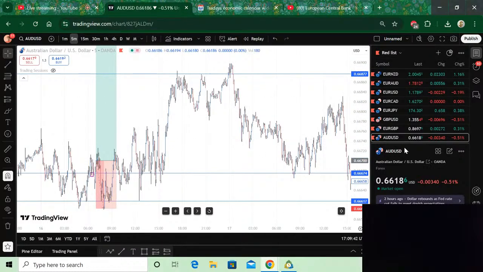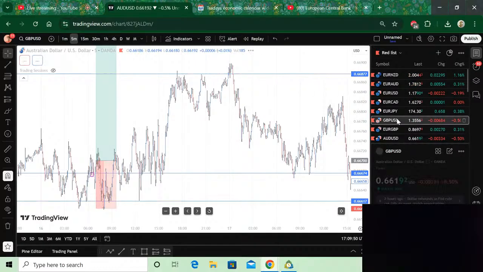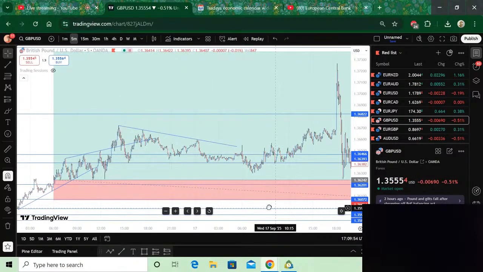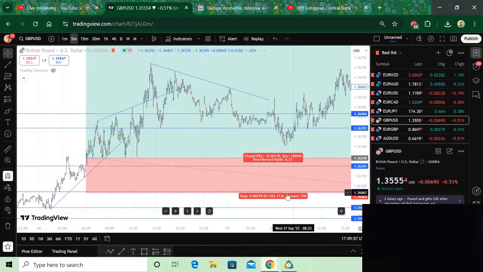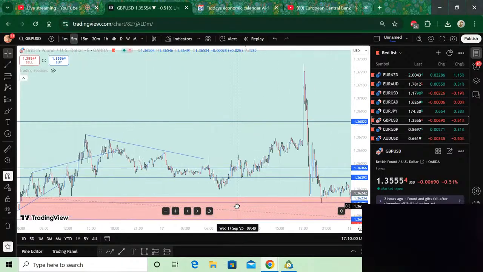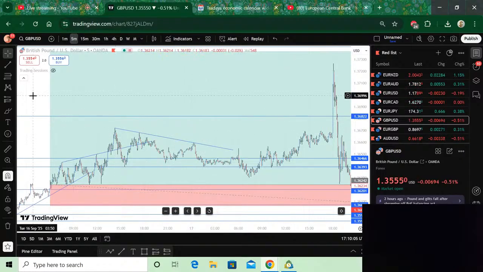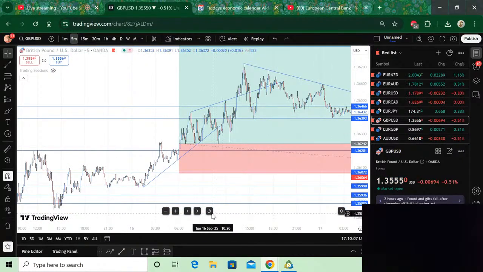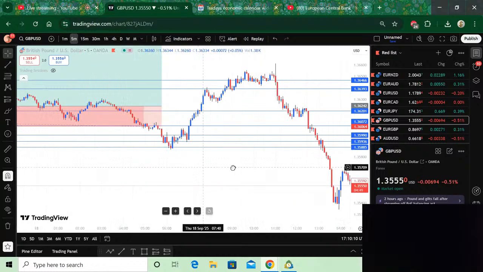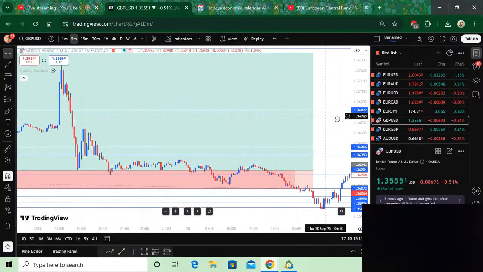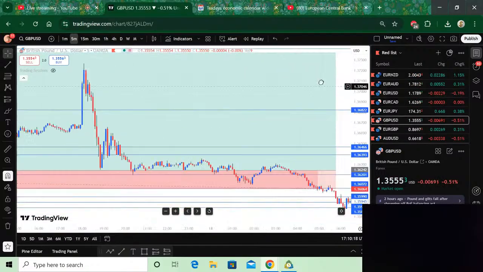So now to the most painful trade ever, the most annoying of them all, GBPUSD. As you can see, what made us lose out on this trade is nothing more than a little touch of greed, absolute greed, and it's annoying. It's pissing me off, and I'm filled with rage and every single level of annoyance right now. Okay, so this is it.